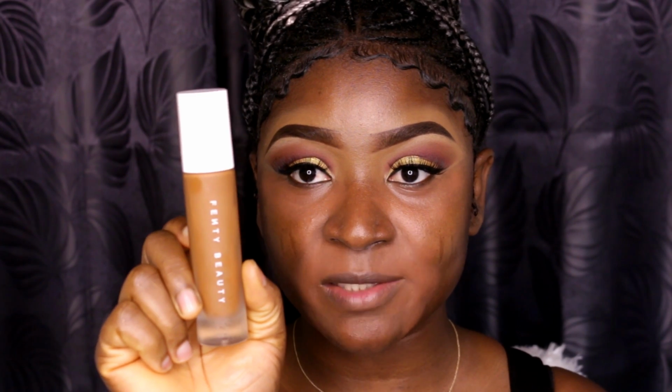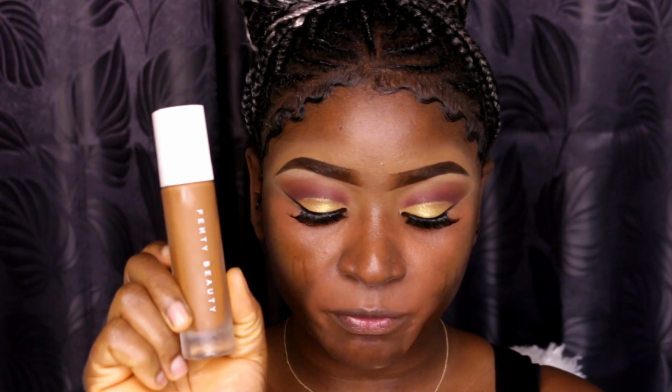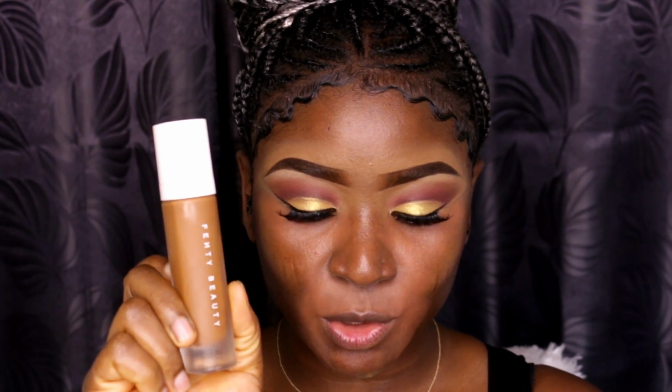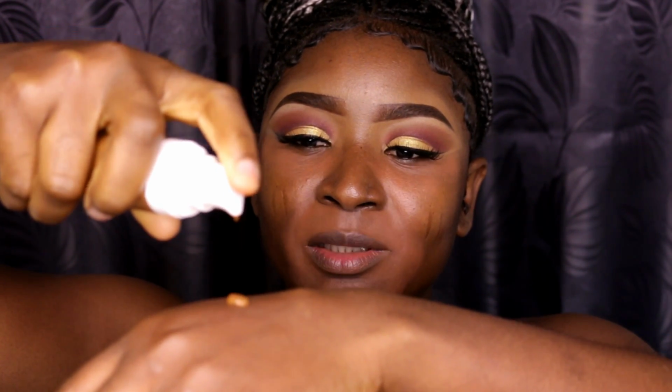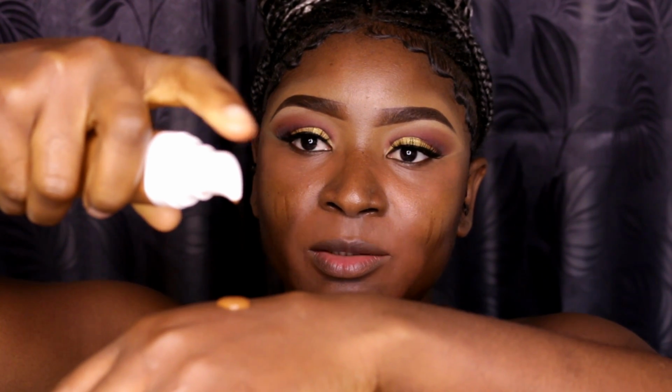And I'm now going to use the Fenty Beauty Pro Filter Soft Matte Longwear Foundation, and I matched the shade 450. It says you should shake well before use. One thing about this foundation is that it's really liquid. I don't know if you guys can see that. So I have